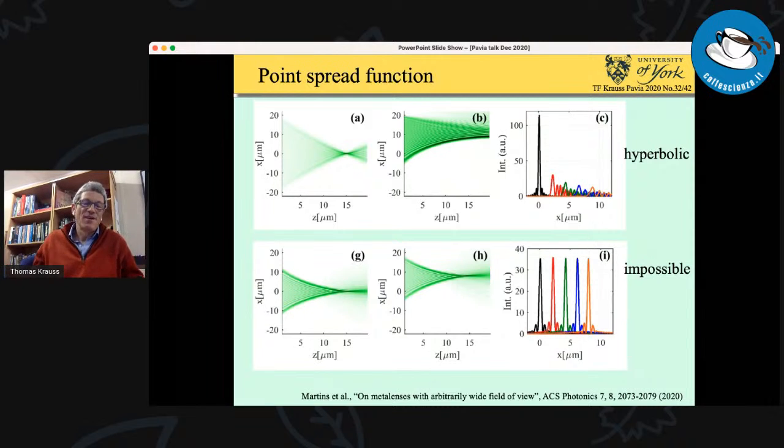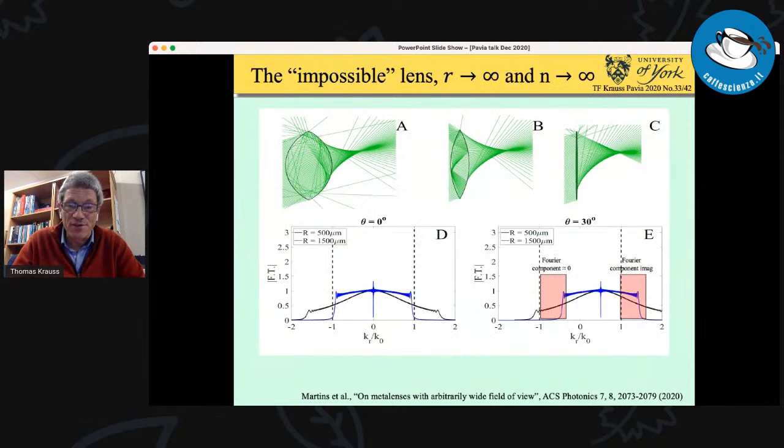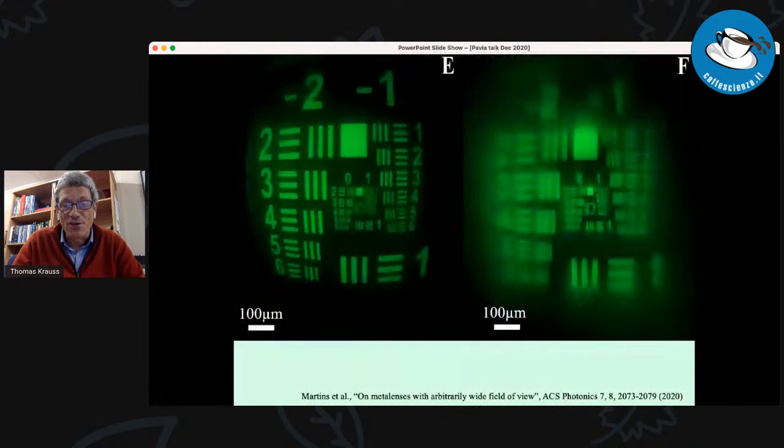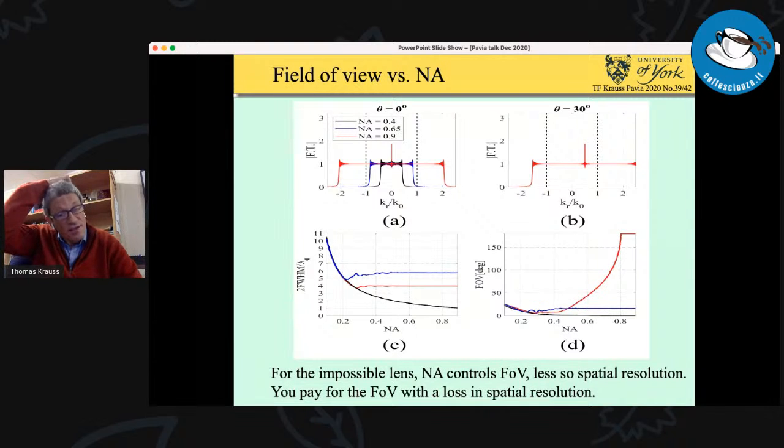So that's the catch. You pay for this wonderful large field of view with a reduction in the effective numerical aperture. So in a way, it's similar to these compound lenses I talked about earlier, but I would argue this is much more elegant here. And in fact, we don't lose as much, but we lose something. So it's always important to make sure that you're honest about the trade-offs you're making. And this is illustrated here. Go back to this slide.